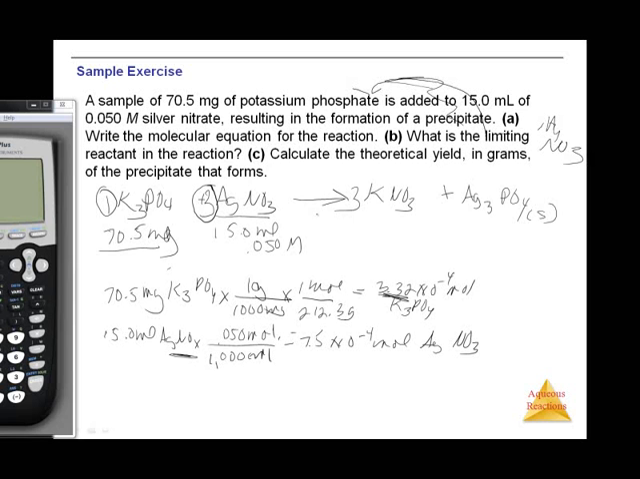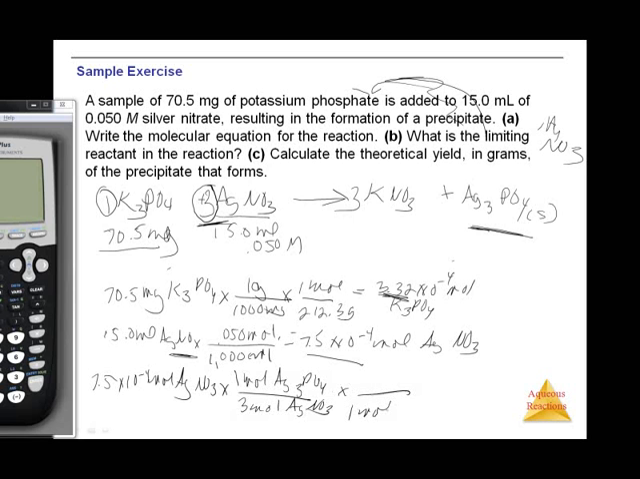Alright, and then calculate theoretical yield in grams of the precipitate that forms. So the precipitate is silver phosphate. I already know how many moles of silver nitrate I have, right? If I have 7.5 times 10 to the minus 4 moles of silver nitrate, what I know is for every 3 moles of that, based on the balanced equation, I get 1 mole of silver phosphate, right? So for 3 moles of silver nitrate, I get 1 mole of silver phosphate, and that 1 mole of silver phosphate